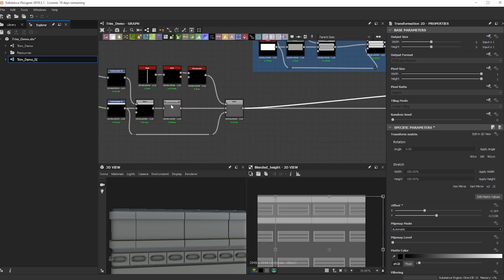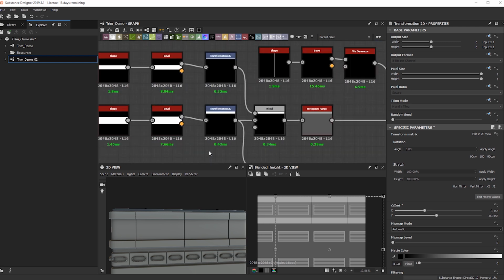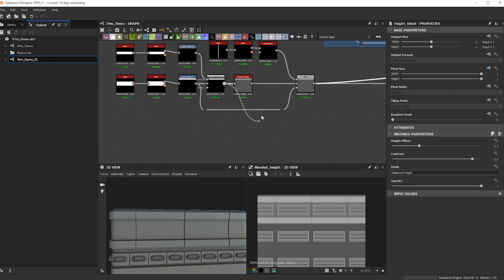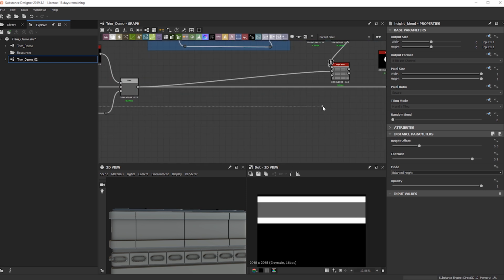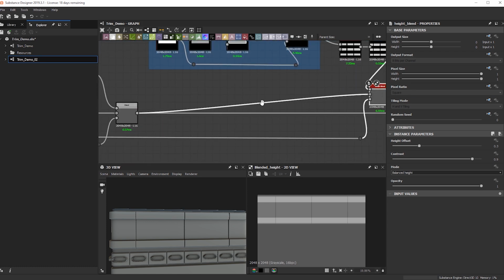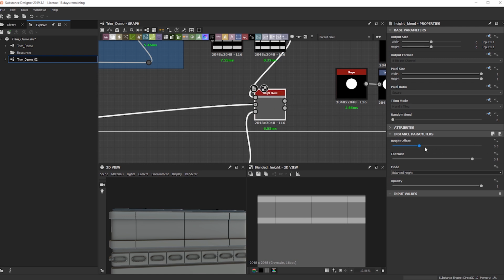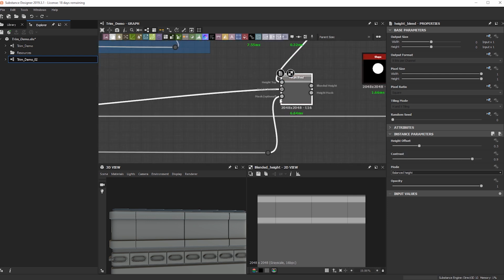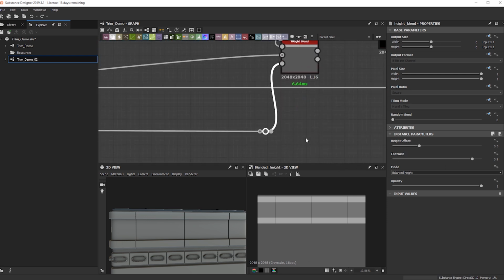Cool. Let's take this mask here. And again, using the reroute dot node. Taking the white here. I just wanted it to show up on this guy. It looks like when I plug in the mask, it takes it away.